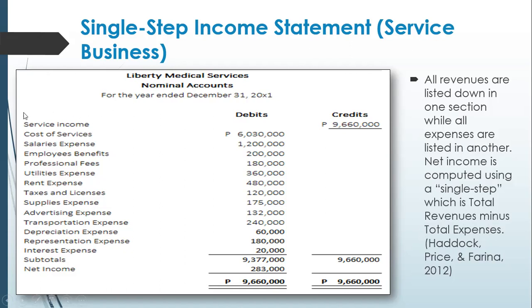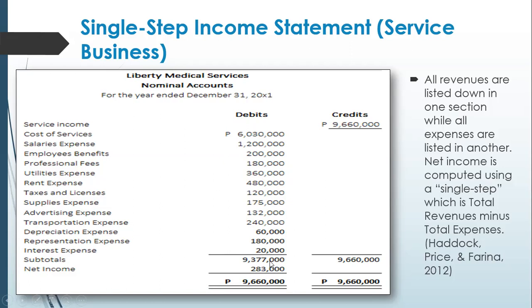So, kung mapapansin nyo, service income, nasa credit. Nasa credit siya. Then, lahat ng expenses natin, cost of service, salaries expense, employees benefits, etc., representation expense, up to interest expense, nasa debit account. Okay? So, ililista nyo yan, yung mga amount dyan. So, dapat tama yung pagkaka-input nyo. Then, i-add nyo. So, total nitong debits. So, ang total daw po, subtotal ng debits is